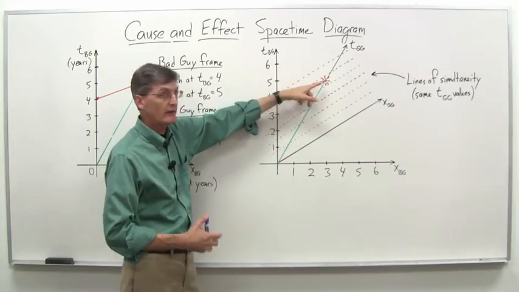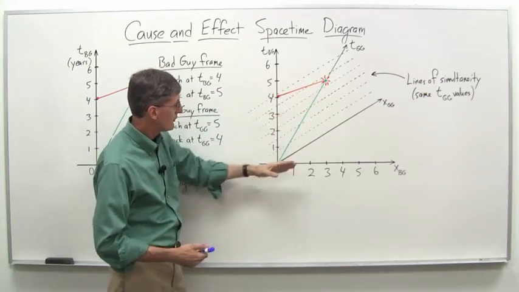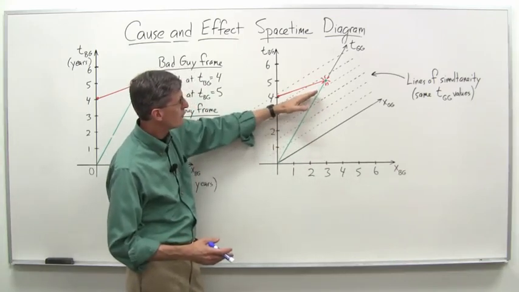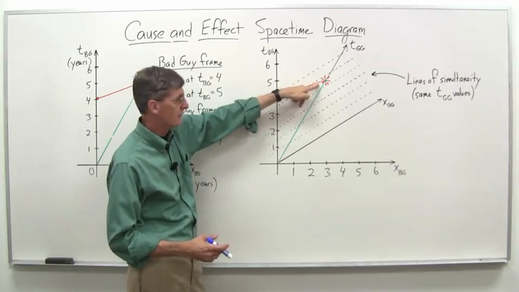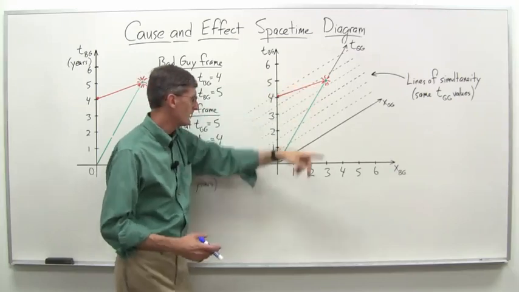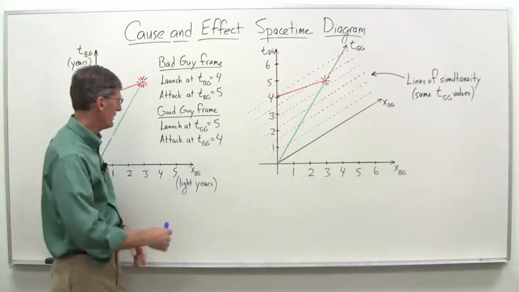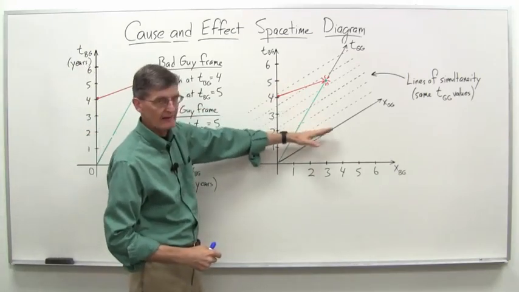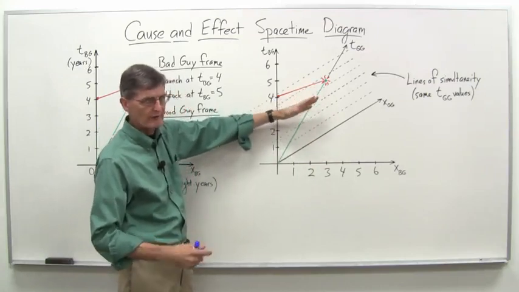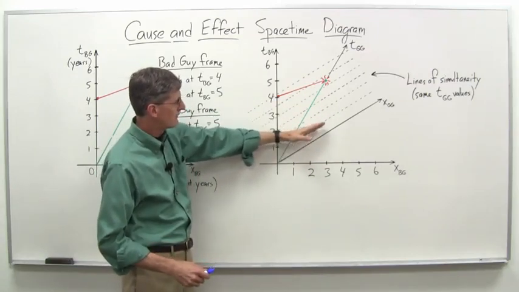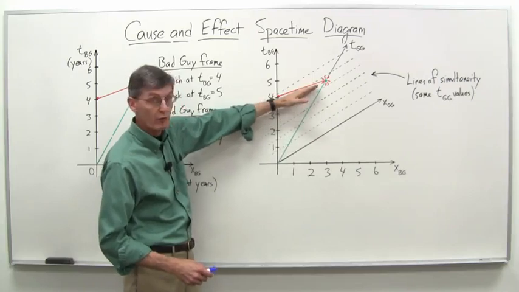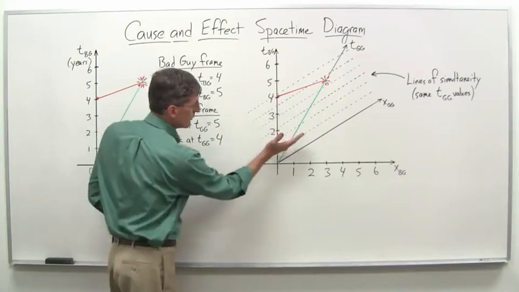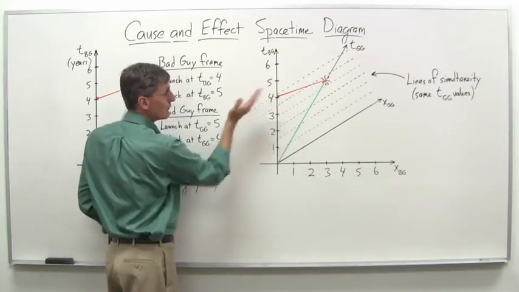Well, we get up to where the sneak attack occurs, and if we're just counting lines here, it's not quite accurate. We've got 1, 2, 3, 4, about 4.5 lines of simultaneity. Technically, if I draw the lines exactly as they should be, we'd be getting the answer 4 here. It'd be at 4 years, but these lines are not drawn exactly to 1 year per line. A little bit less than 1 year per line there. But clearly it's 1, 2, 3, 4, and a little bit more is where the sneak attack occurs. But look where the launch occurs. It's 1, 2, 3, 4, 5, and almost 6 there.